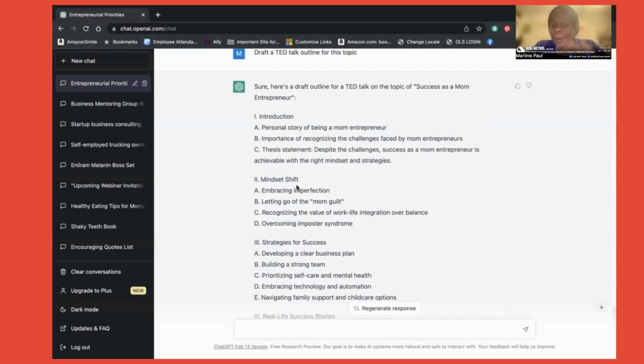And then you go into your mindset shift, embracing imperfection, maybe sharing a part of it. I can go into this. Letting go of mom guilt. Mom guilt is real. I can probably do a whole thing on that. Recognizing the value of work-life integration over balance, overcoming imposter syndrome.